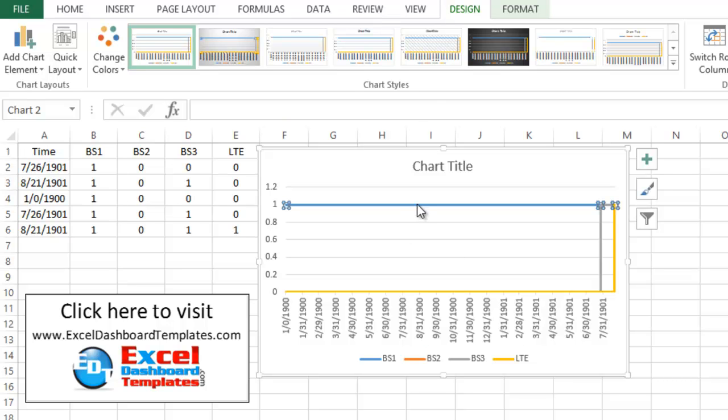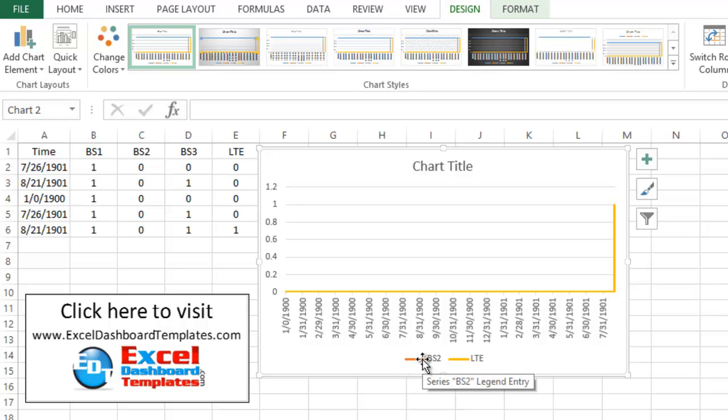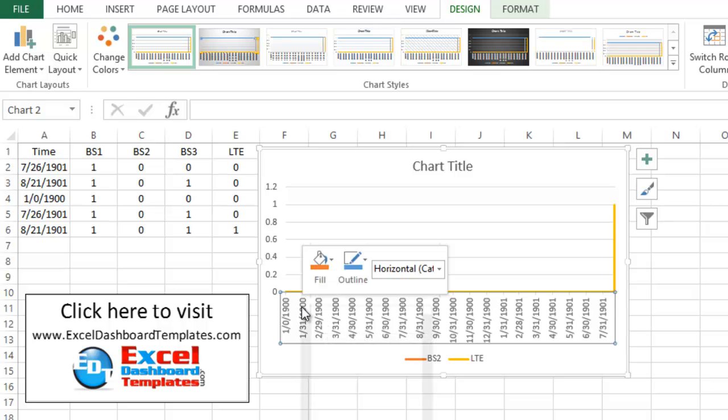I'm going to actually delete some of these different lines like BS1. I'm going to delete the BS3, and BS2 will show up here in a minute, but we can see LTE fine. So you can see that at some point in time it changes to a value of 1 here, and what we want to do is go down to this horizontal axis and right click on that